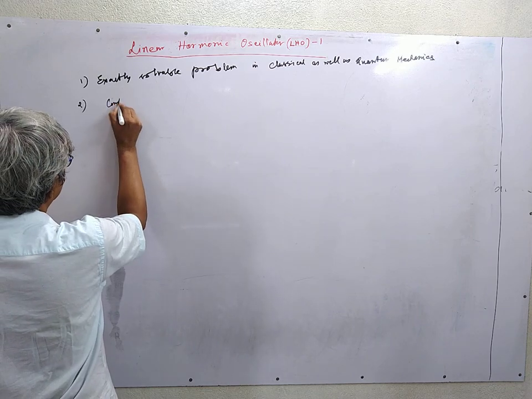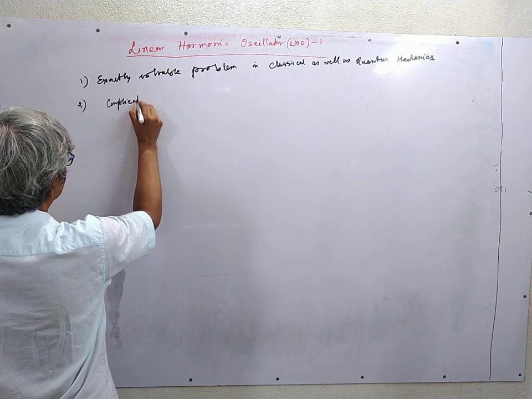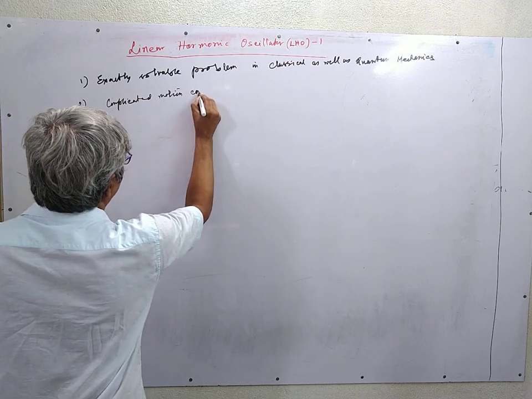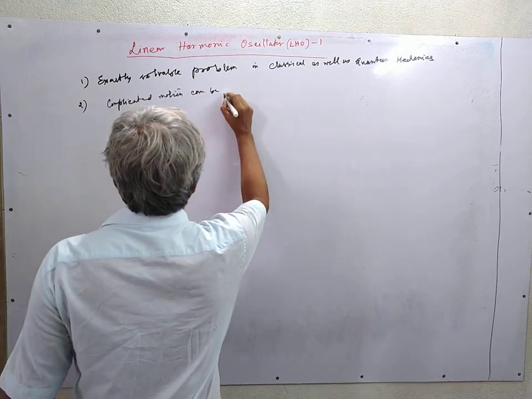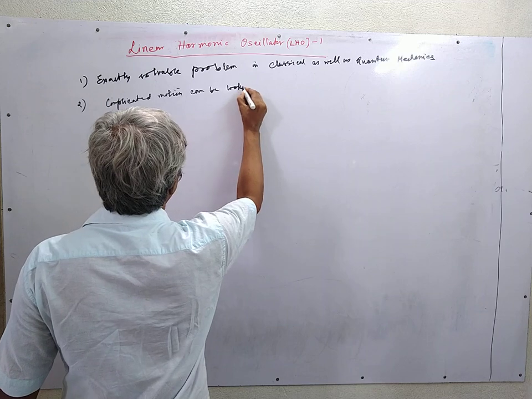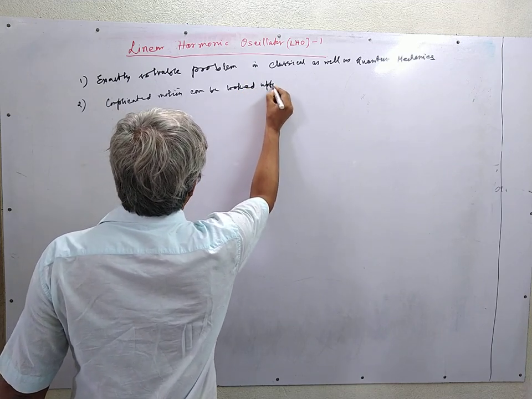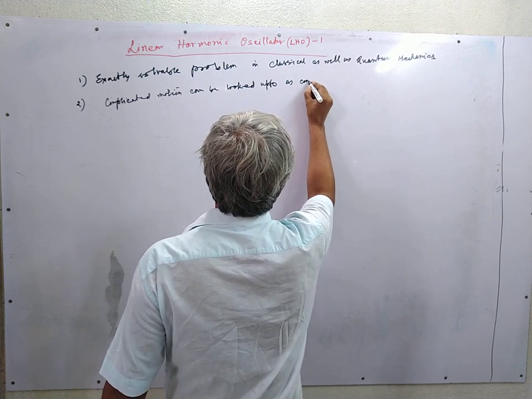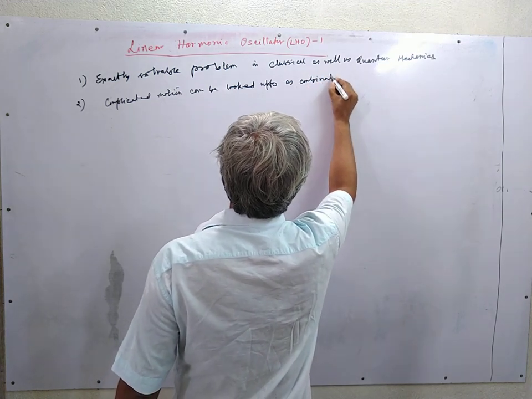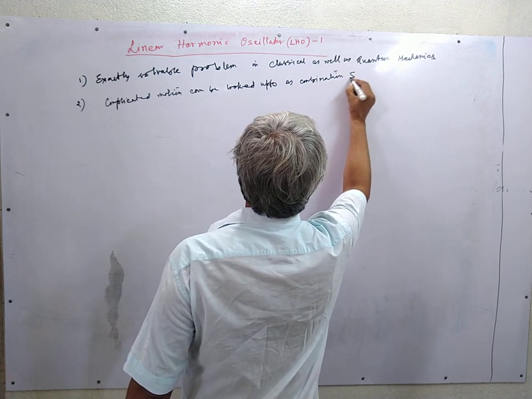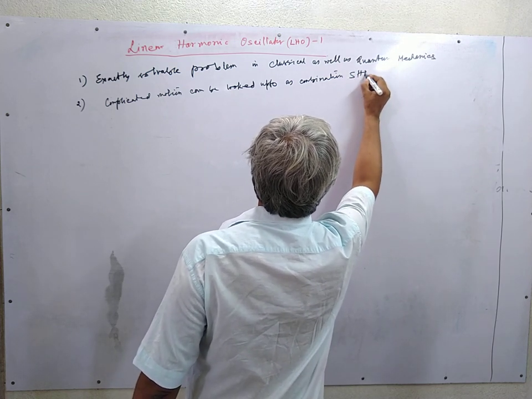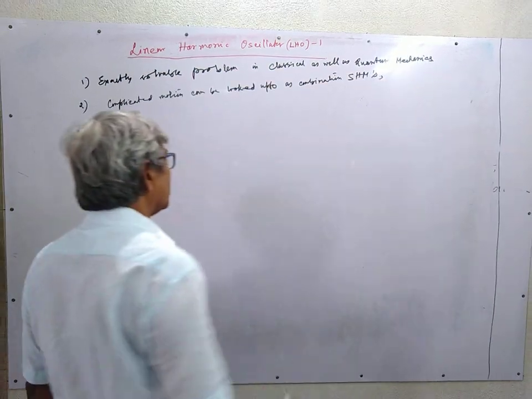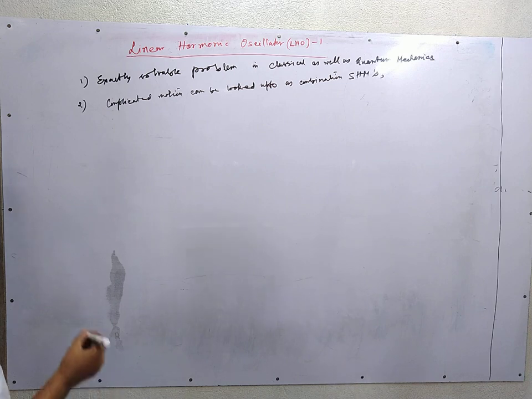Complicated motion can be looked upon as a combination of simple harmonic motions of varying frequency, fundamental and the other harmonics. Second,